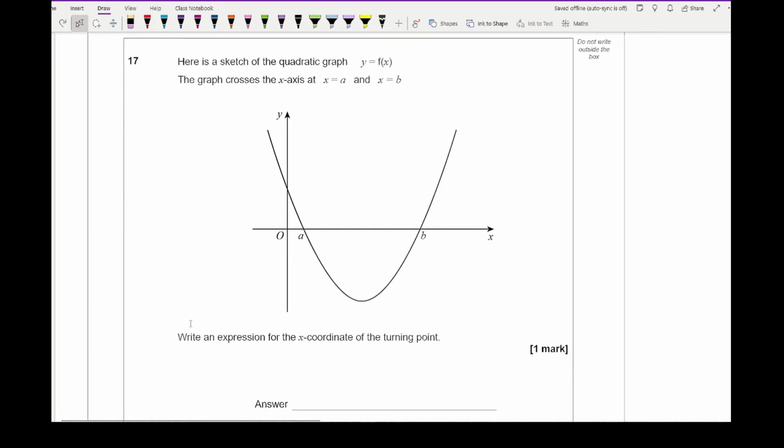Then moving on to question 17, it says here is a sketch of a quadratic graph y equals f of x. The graph crosses the x-axis at x equals a and x equals b. Write an expression for the x coordinate of the turning point. Well, the turning point is here, and what the question is asking for is what this point here is, and that is the midpoint